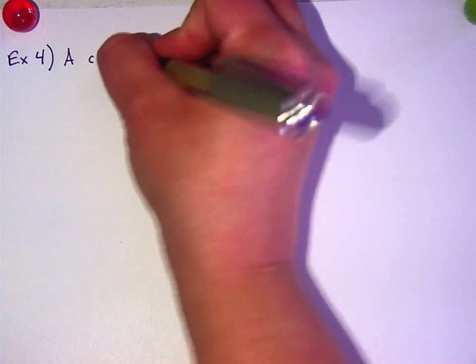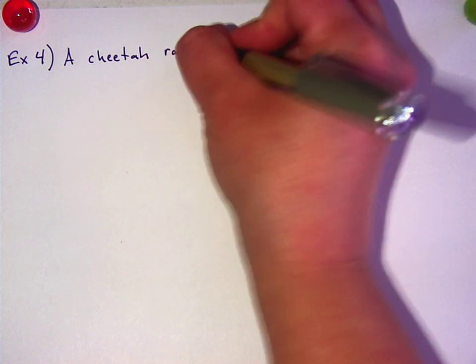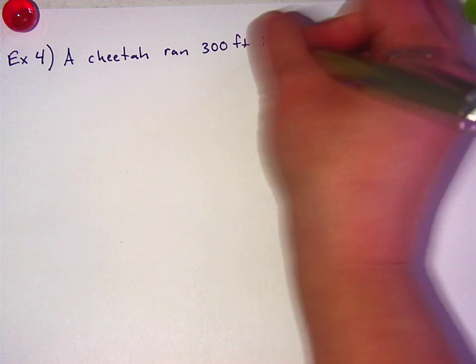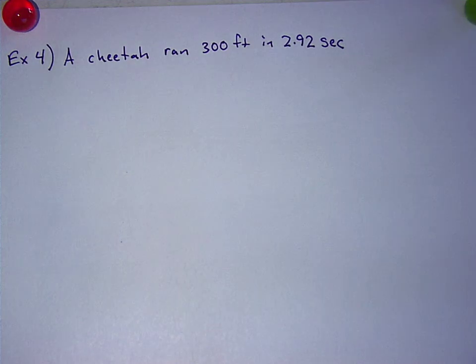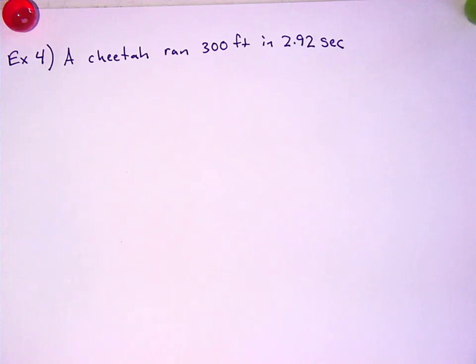All right, example 3. I mean, example 4, right? Yeah. Okay. So, example 4 is a cheetah ran 300 feet in 2.92 seconds. All right, now when we're talking about 300 feet in 2.92 seconds, that's pretty darn fast, but I'm having a